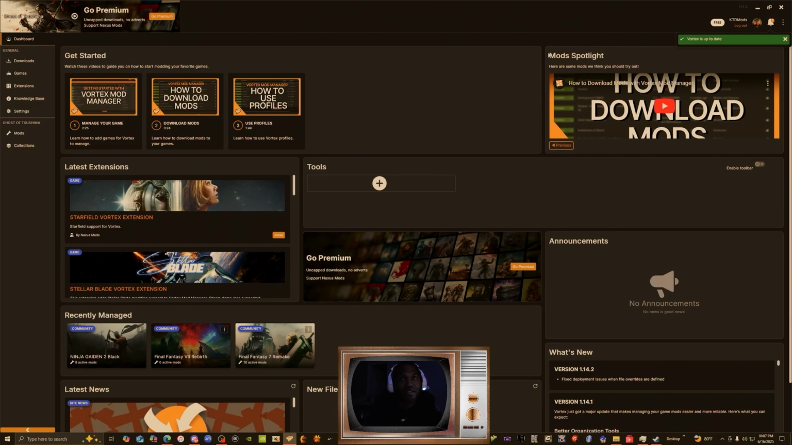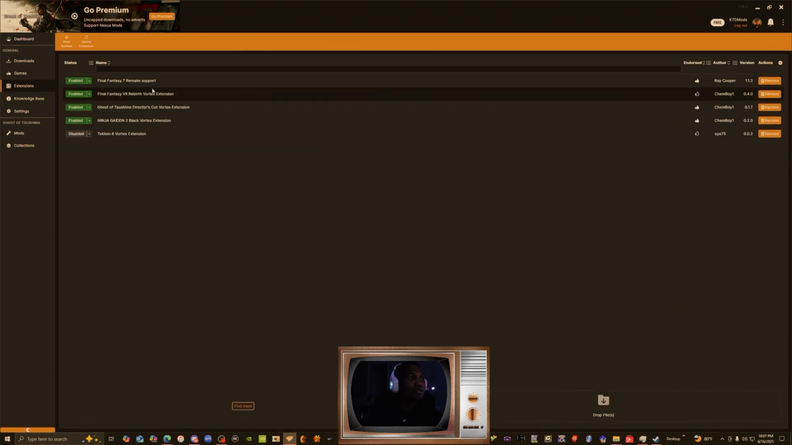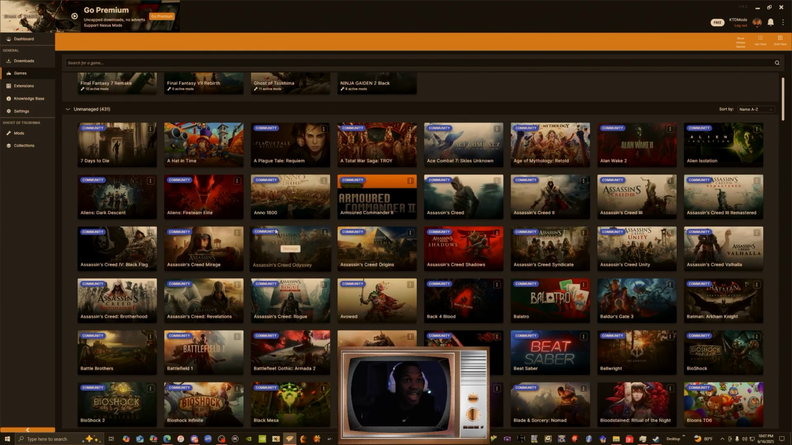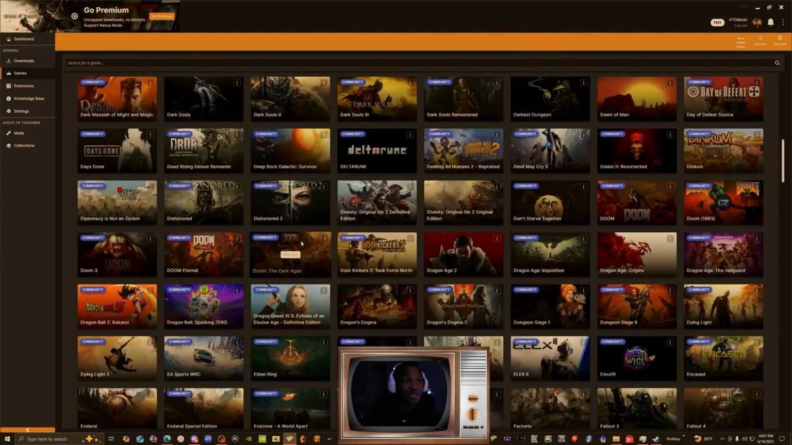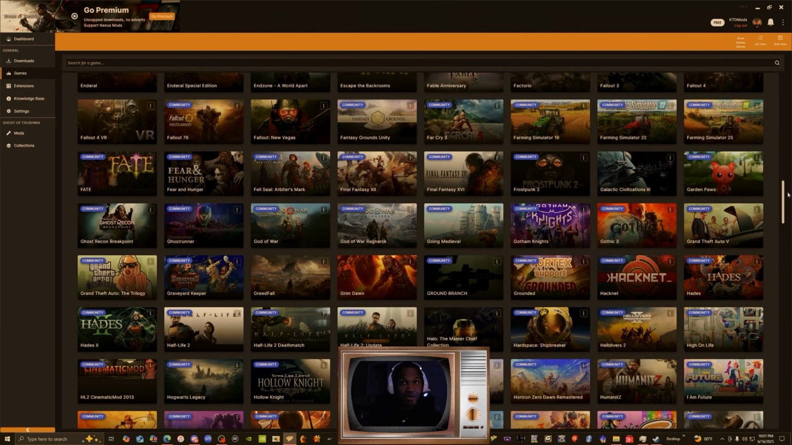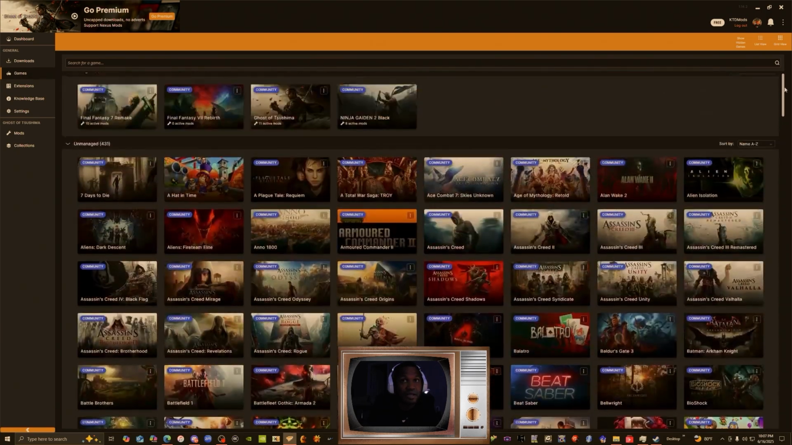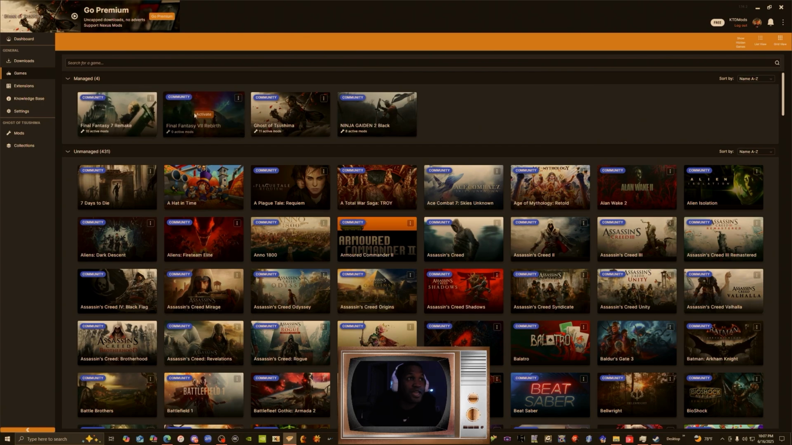When you download it, you won't have any of these extensions. Now, of course, these extensions are only for the games that are compatible. As Nexus begins to expand, they will add more games. Right now, this is their collection of games that they have. It's a really extensive list. Your game may or may not be in here. And if it's not in here, you can always request Nexus to add support for the game that you want to mod. I have Final Fantasy VII Remake, Rebirth, Ghost of Tsushima, and Ninja Gaiden Black